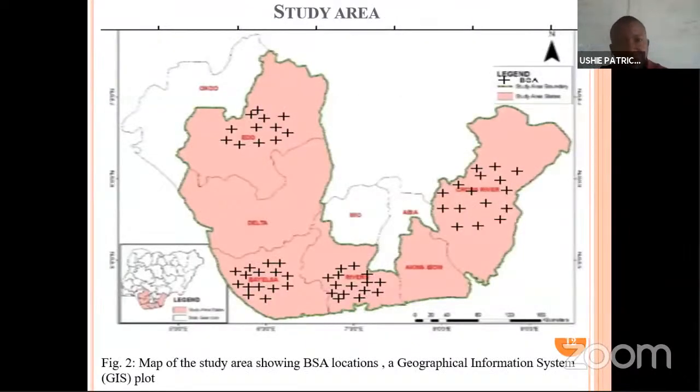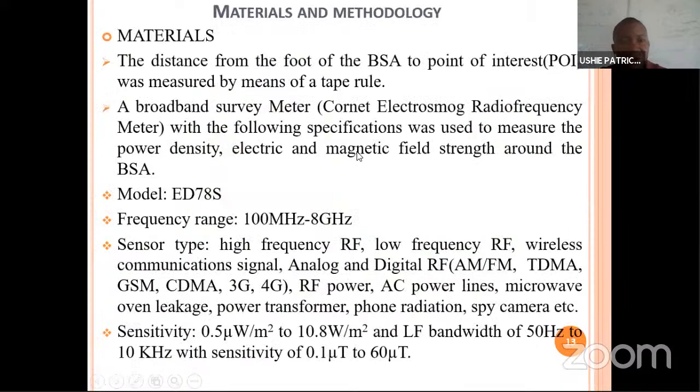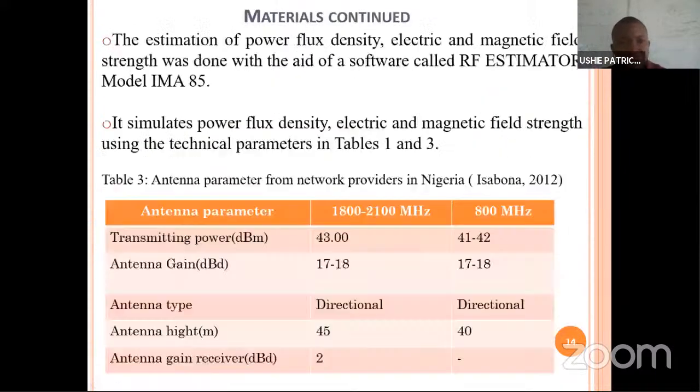This is the South region. This is the map of the South, and these are the areas. Those are the areas and locations we decided to do our measurement. So what do we use in our measurement? We use